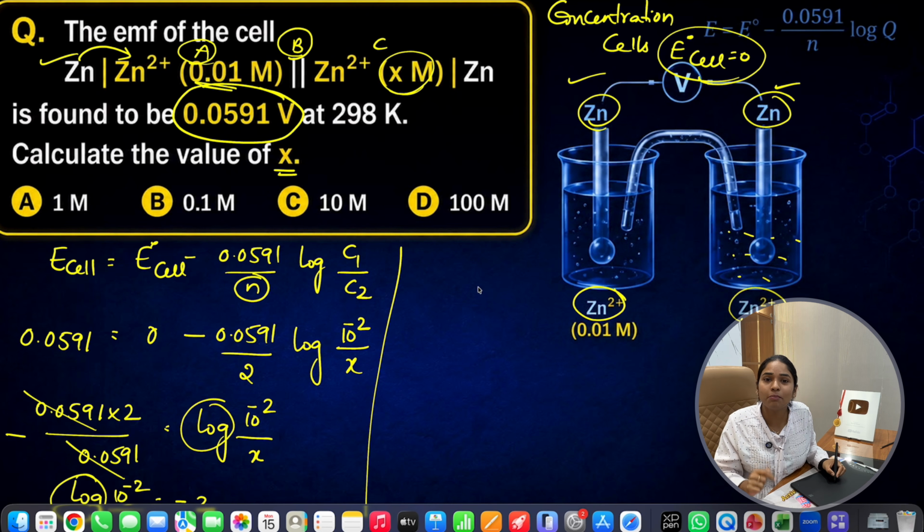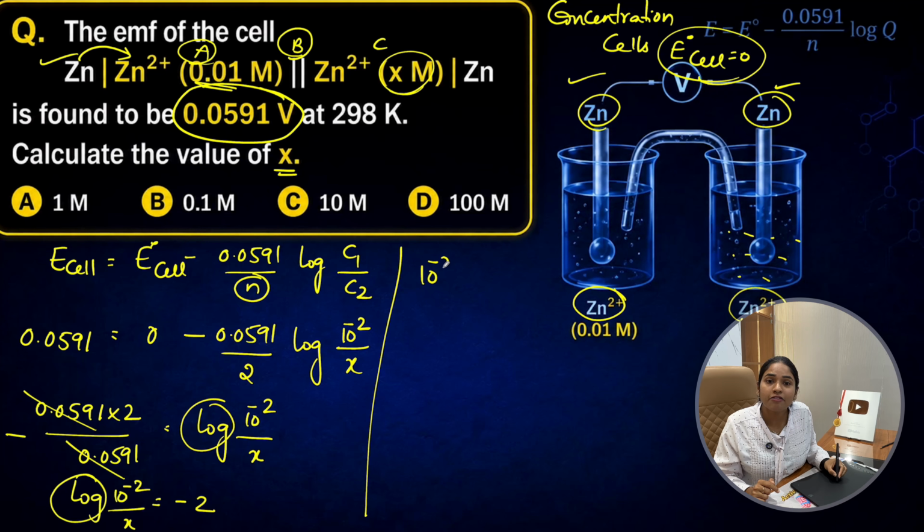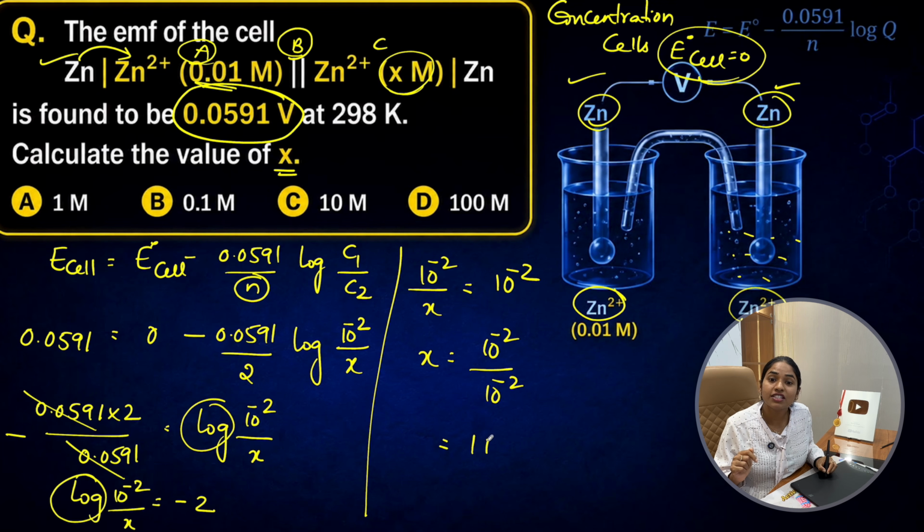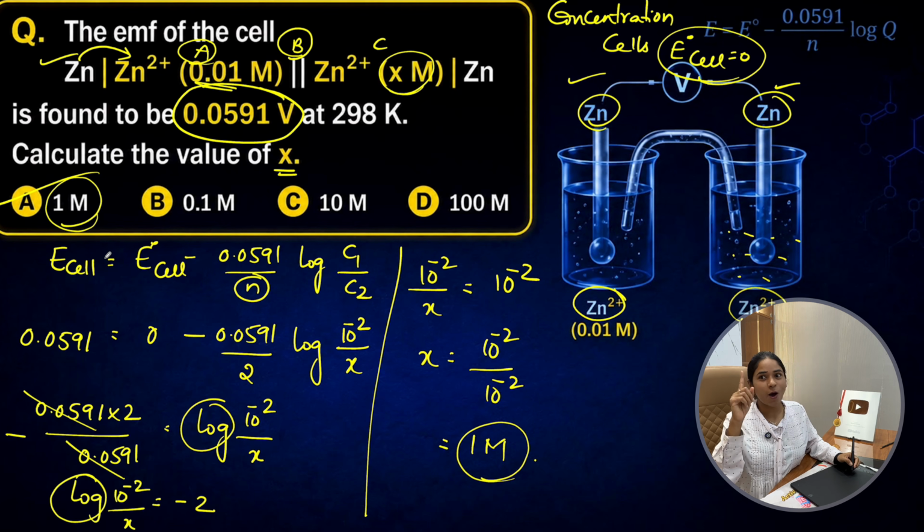Anti-log means 10 power. So 10 power of minus 2 by X is equal to, when the log moves that side it becomes anti-log, which means 10 power. Whatever the number is there, write it directly. Then X is equal to 10 power of minus 2 by 10 power of minus 2, which is equal to 1 molar. What is the correct answer for this? Option A is the correct answer. Let me know how many questions you are able to do